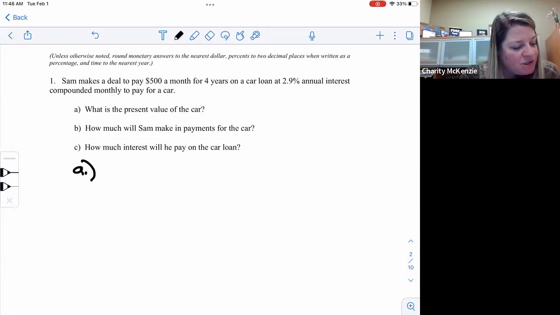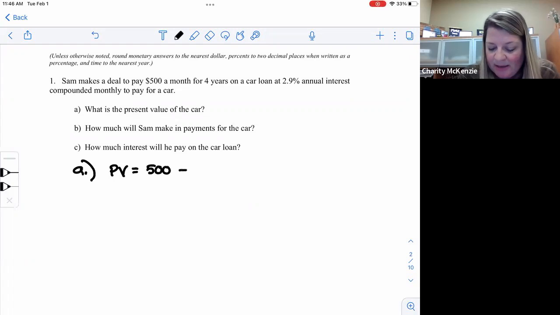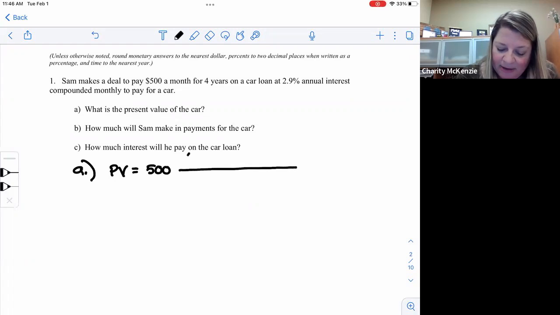So we're going to do our present value is worth our payment of $500 times big fraction again. And then up here, it's 1 minus, and then it's 1 plus our rate of